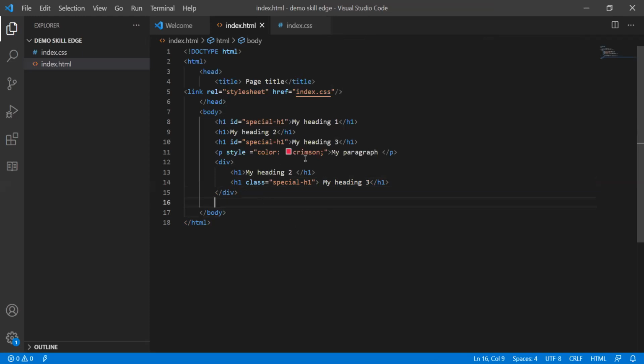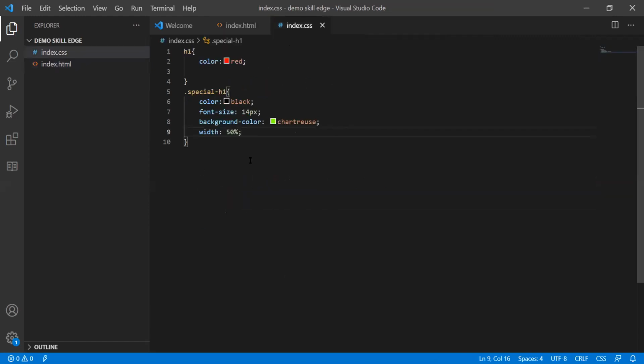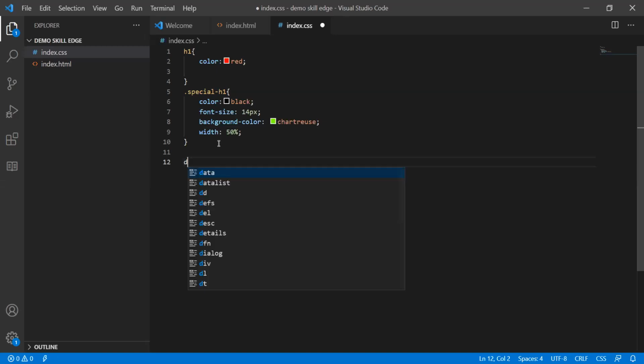So I want to apply CSS to all the HTML H1 tags which are inside this div tag. Let me show you how to apply it on the div tags. In order to apply CSS to all these H1 tags inside my div tag, first of all, I need to select div and I should say what is the HTML element that I want to apply CSS for.